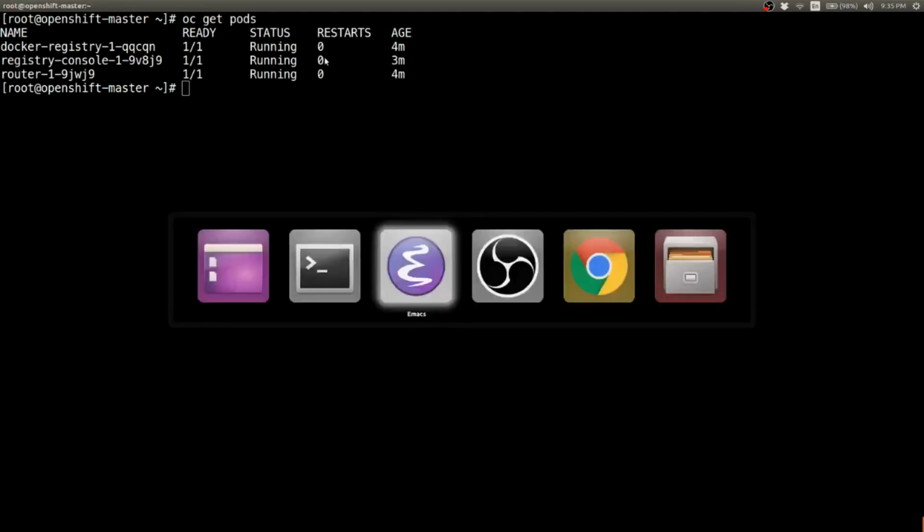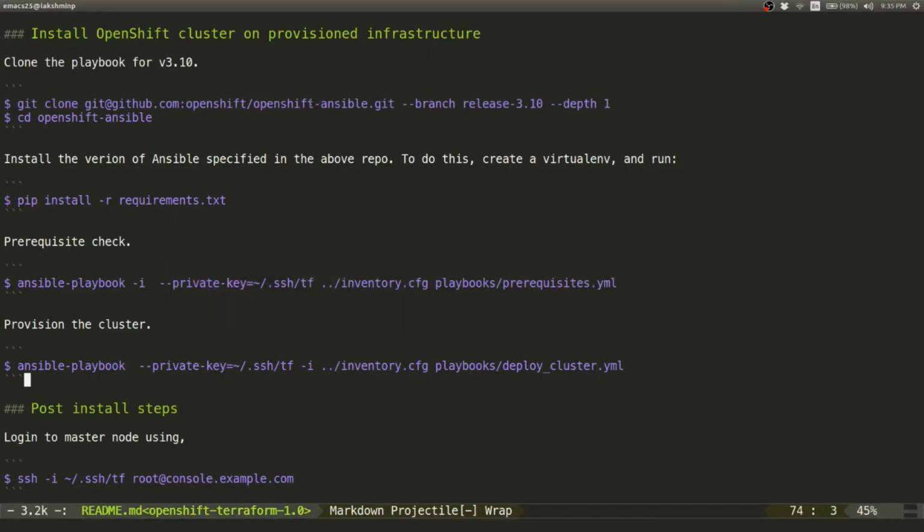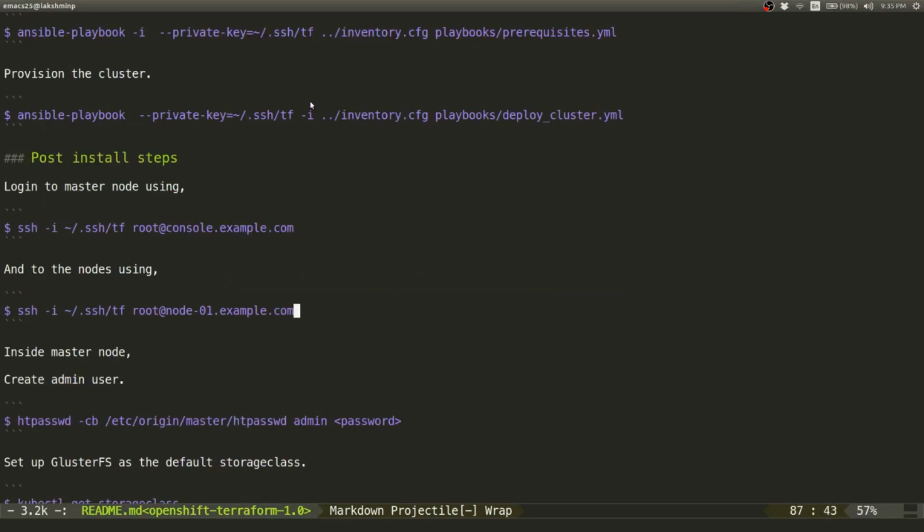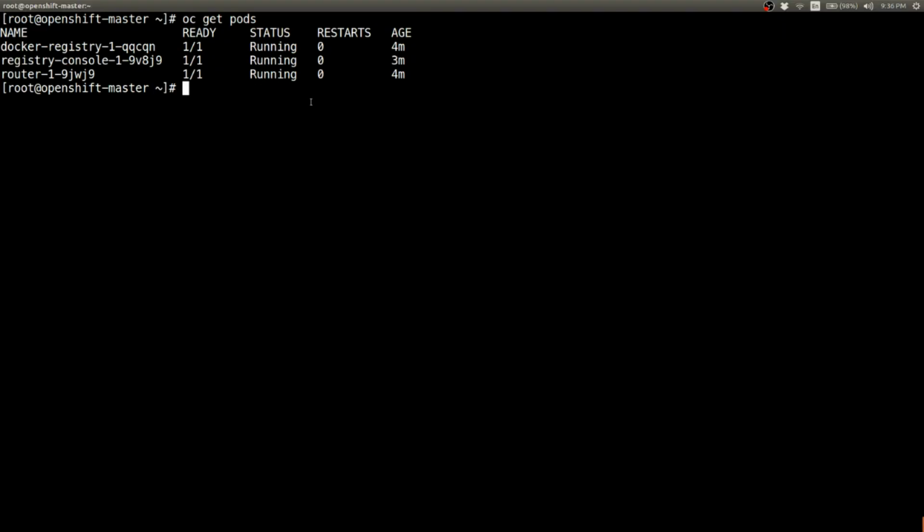They are running fine. And the next step is you create a user for OpenShift to log in using the htpasswd command. This is not how you create a user typically. You specify it in the Ansible playbook itself, but this is more for pedagogical purposes. So we have created a new user called admin,